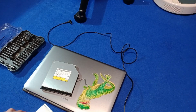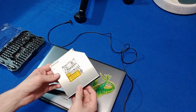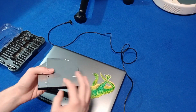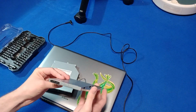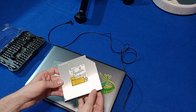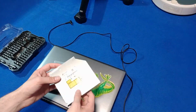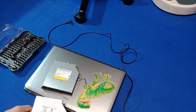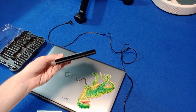So I have a replacement DVD drive, which was fairly cheap. A mate from college gave it to me because it was actually out of his old computer, so it should actually work, because believe it or not, even though this DVD drive looks like it was built for the